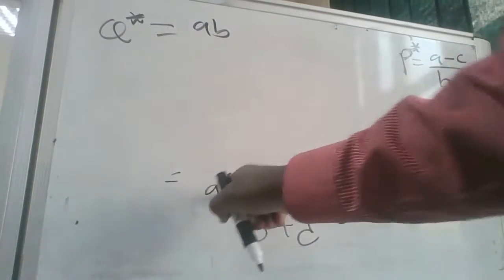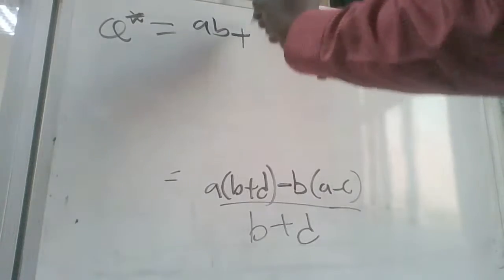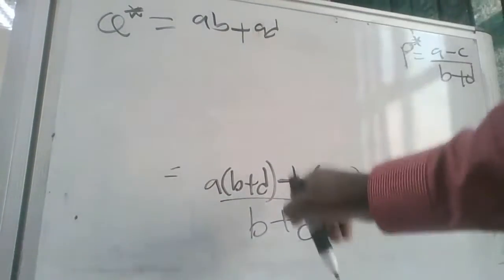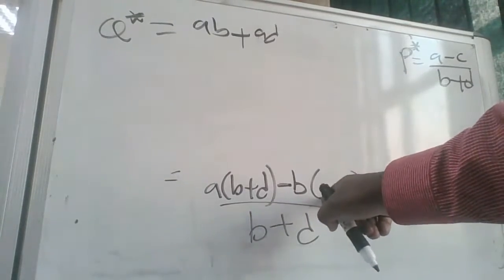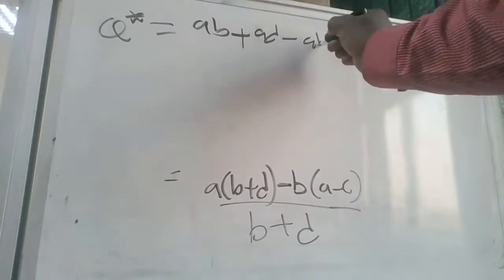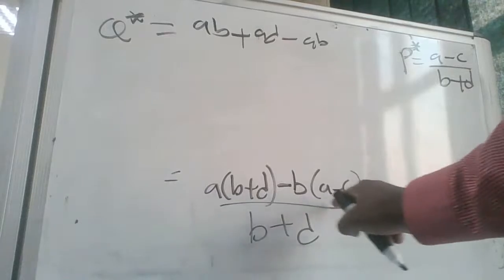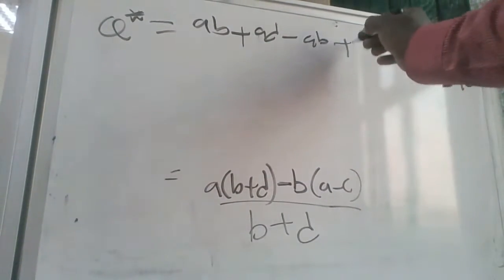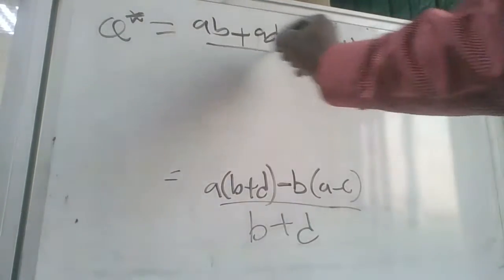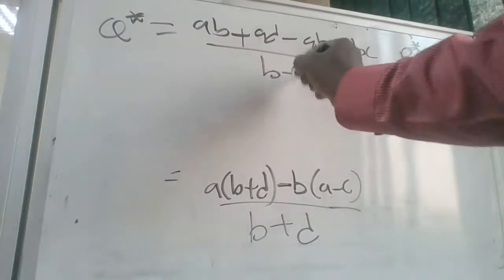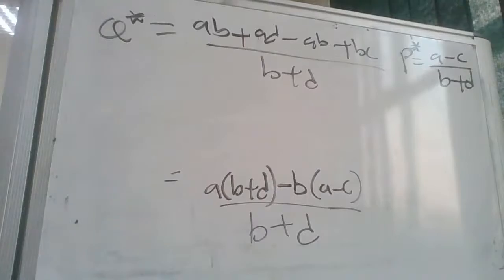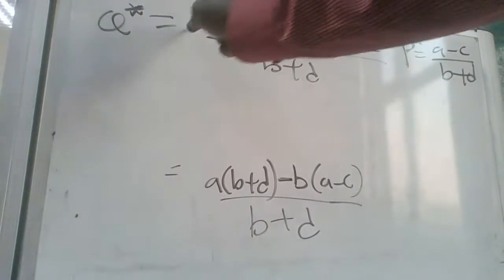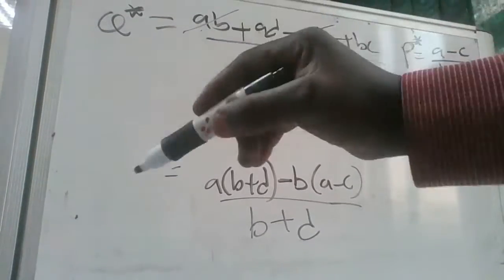A multiplied by D will be plus AD. Then negative B multiplied by A will be minus AB. Negative B multiplied by negative C will be plus BC. And then we divide by B plus D, which is the common denominator. From here, clearly we can see that AB and AB will cancel because this is positive, this is negative, meaning